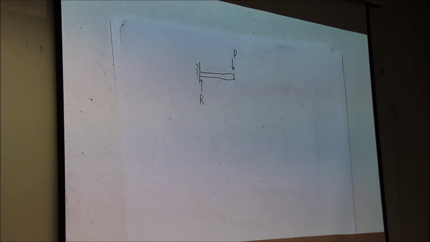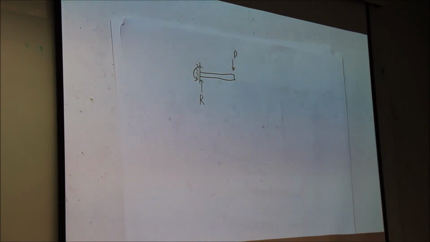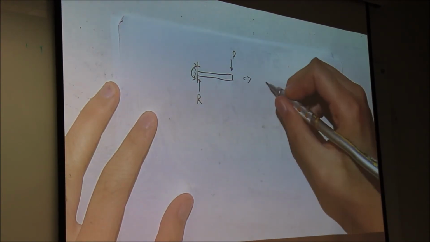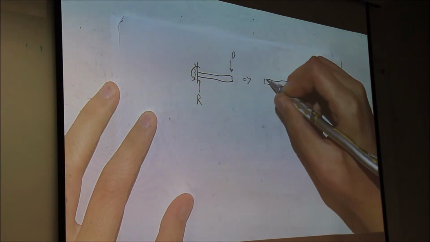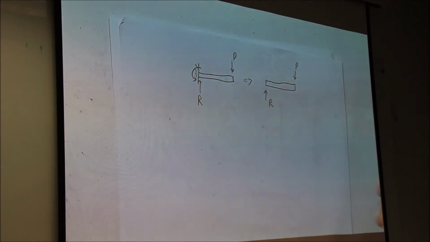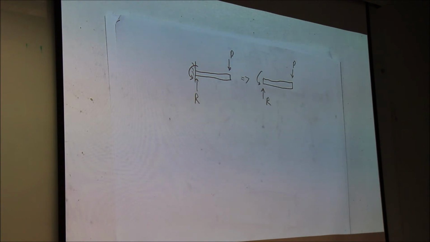We're going to be introducing something called a moment or a couple. You guys have probably seen it referred to as a torque. There's going to be some restoring rotational thingy, whatever you want to call it, also being applied at the wall, right? And maybe this will make more sense when I draw it out as a free body diagram. If I have a force P here, a force R here, if it was just those forces, this thing would start to spin. We know it's not spinning because it's a static problem and nothing's moving. So there must be some sort of restoring torque there.